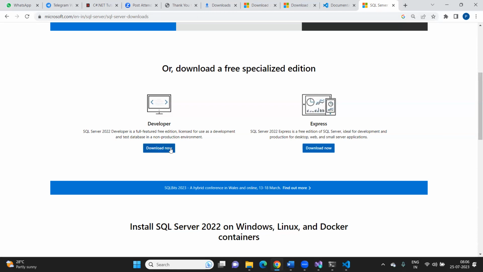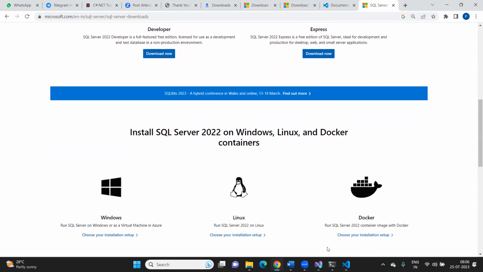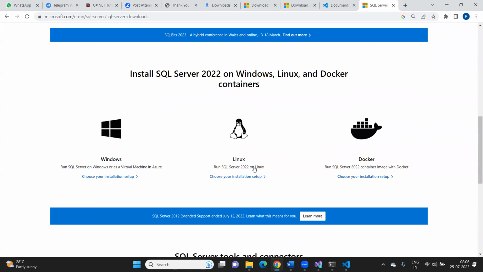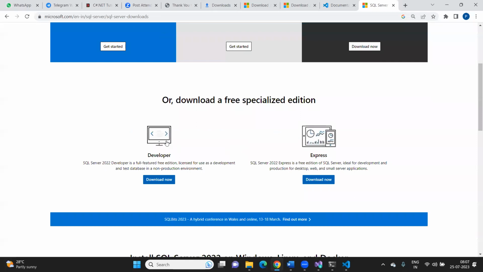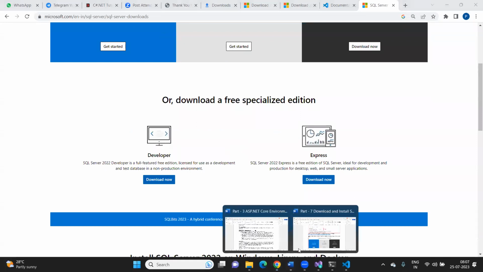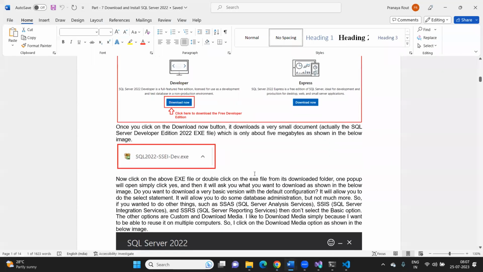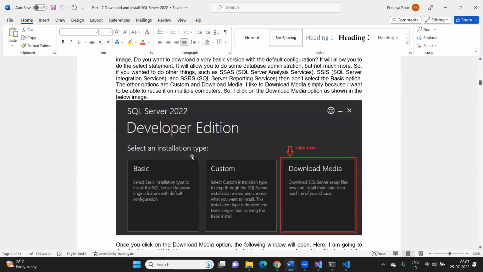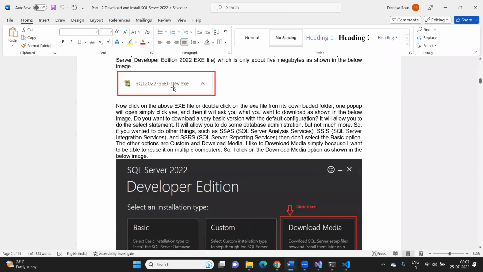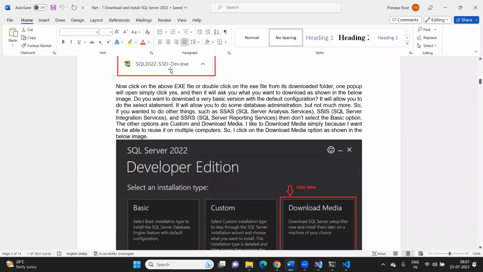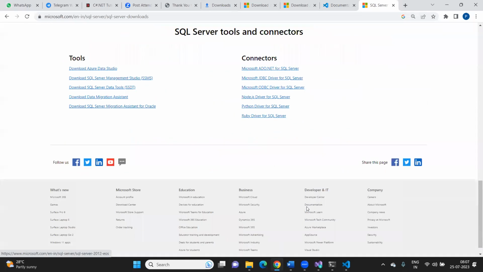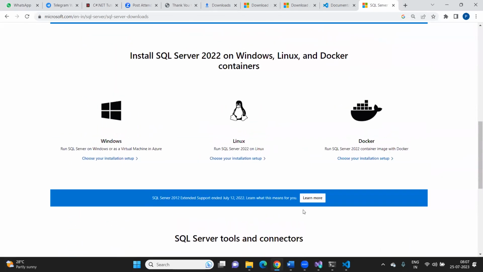So you just need to click on this Download now button. If you are trying to install on Linux or Docker, you need to choose this one, and for Windows, you can choose this one. Once you click the Download now button, one exe is going to be generated, and once you click on this exe, these three options will come. But before that, what I need to tell you,